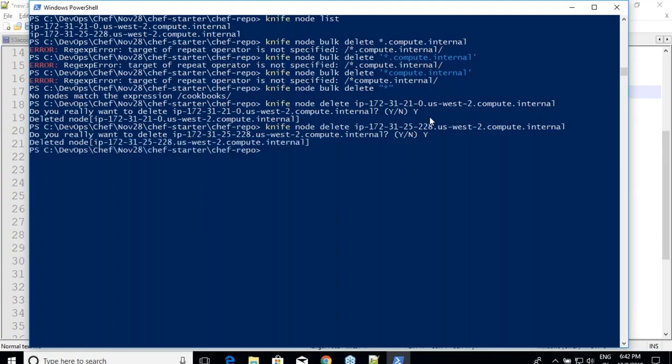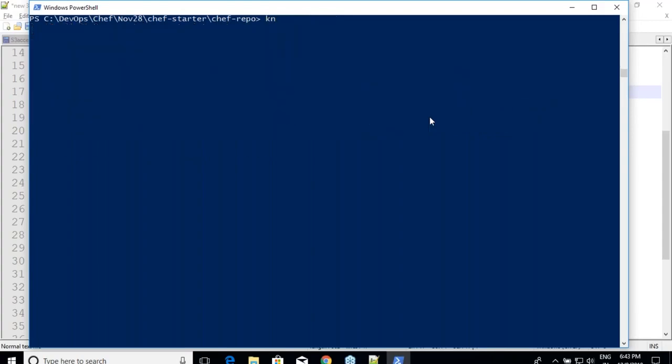Okay, all right. So we know about knife bootstrap already. So knife bootstrap -h or help, you just do, and you will come to know what is the command which you have used. Now what I want to do is I want to create an environment first, and a role. So before I do that, I want to upload some cookbooks. So let me just look at this knife cookbook -help. Let us see what are the cookbooks. If I want to see the list of cookbooks, is there some command which will help me out?